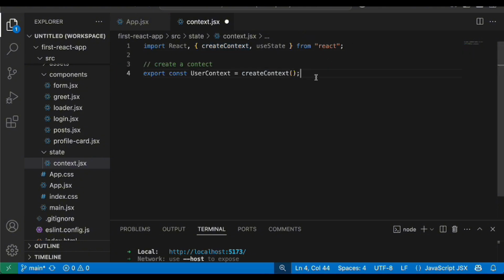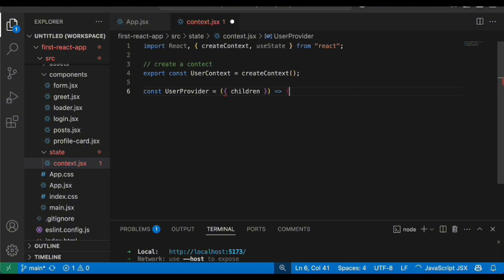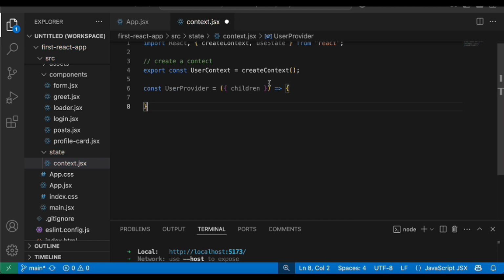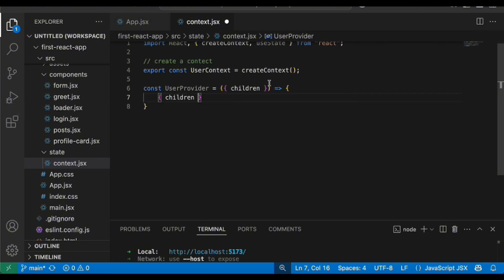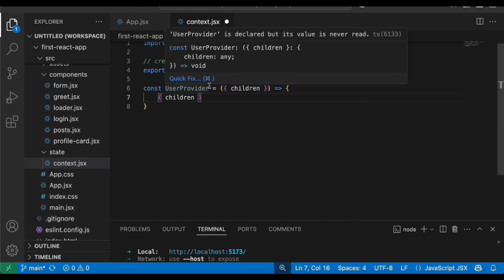So the next thing we're going to do is to create a provider component. How do we do that? We say const UserProvider. The UserProvider is going to have children props, right? And the UserProvider is just going to return the children. So one thing is very important to note here. In the UserProvider,